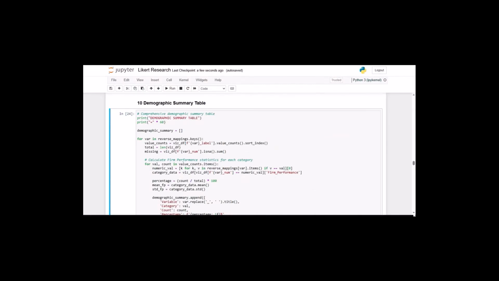So last time we looked at the demographic tests, the tests on our demographic variables, to see how significant they are individually, both those that have more than two groups and those that have two groups. We use ANOVA for those that have more than two groups, but for those that have two groups, we use a student t-test. Okay, so this time around, we want to look at the summary table of demographics